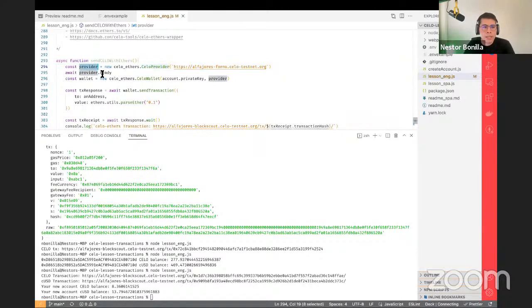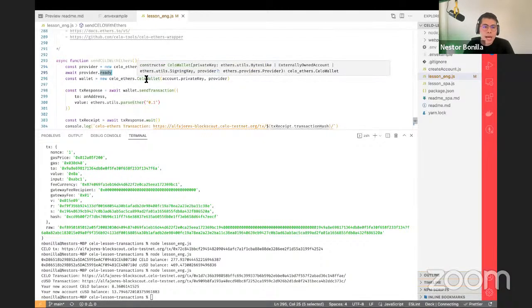And then once the provider is ready, I mean, the connection is ready, we can pass together with the provider the private key. Again, the private key is the one that we already put into our .env file.